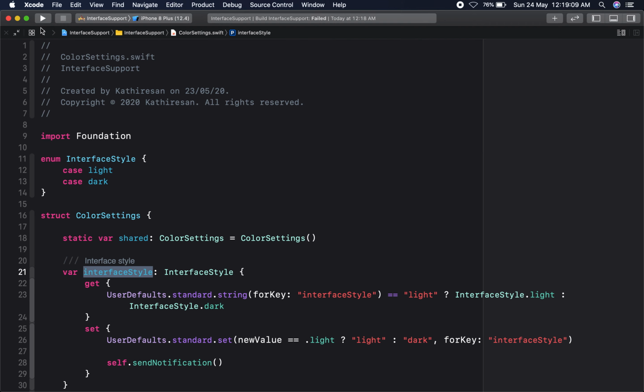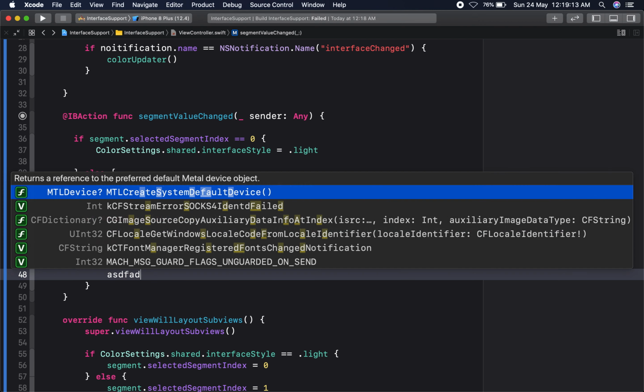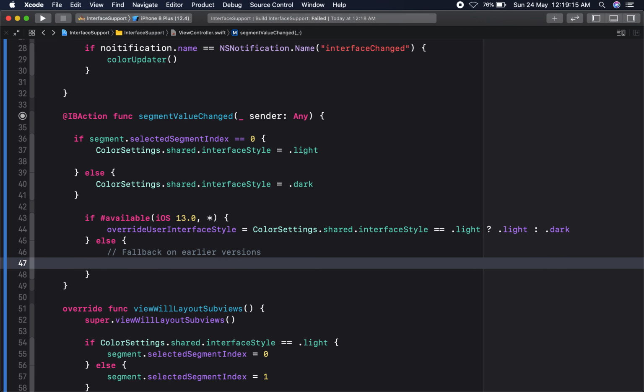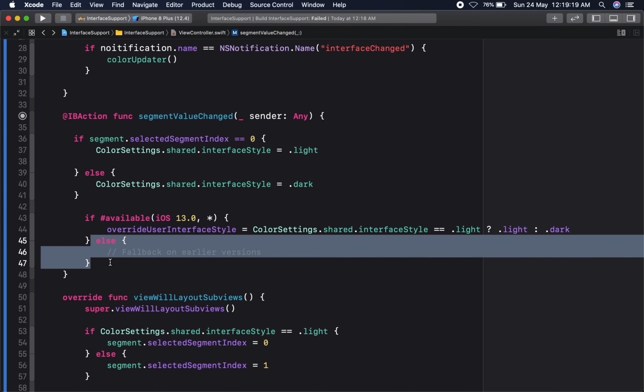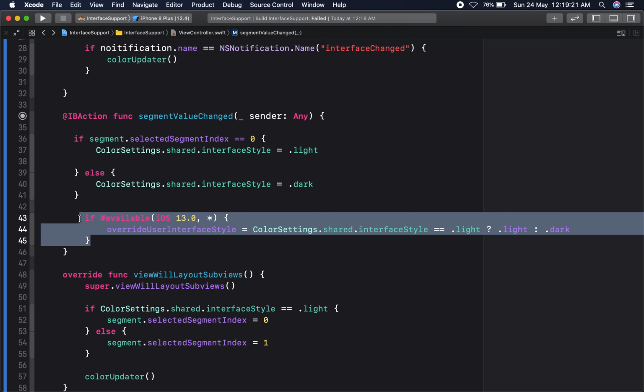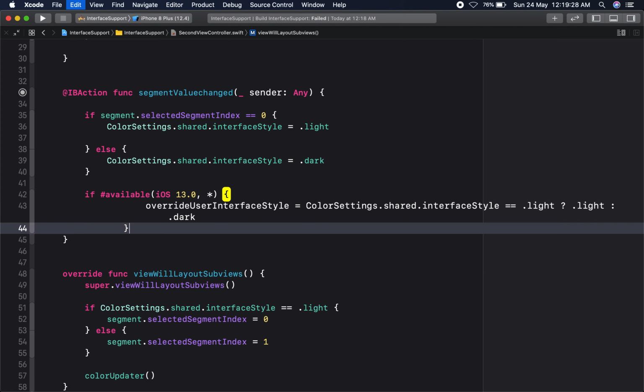This user default didn't change if you put the code here, so I put it separately. The same thing happens in the second view controller. Okay,